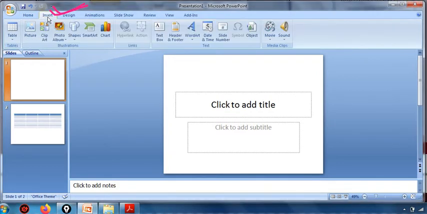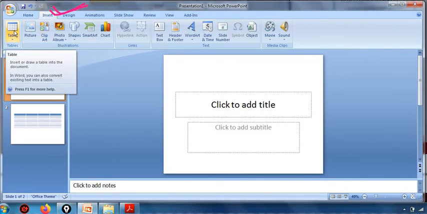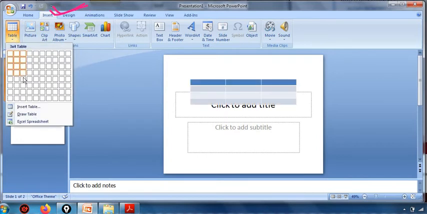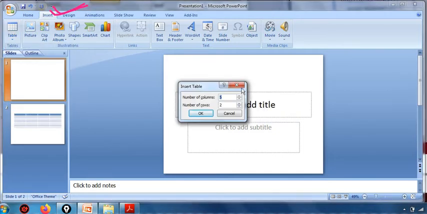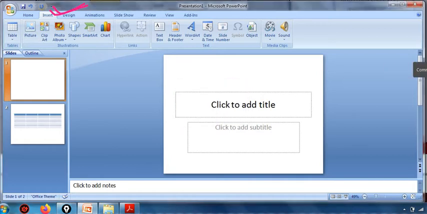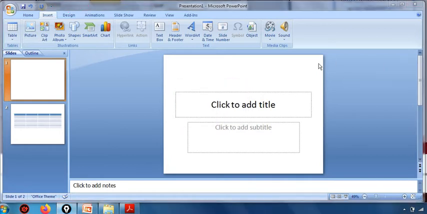Under Insert, here you can see the Table option is there, right? If I click on this, I can choose the number of rows and columns, and using the Insert Table option, a dialog box will appear, right? So these are the different ways to insert a table: using the Insert tab option from the menu bar, or from taking the proper layout and going to the table icon in it, I can insert a table, right? Two ways we have seen.